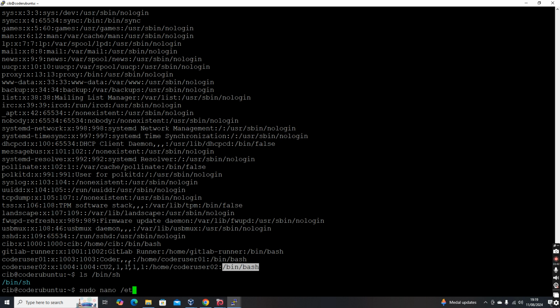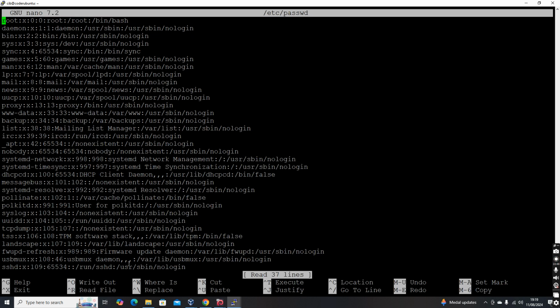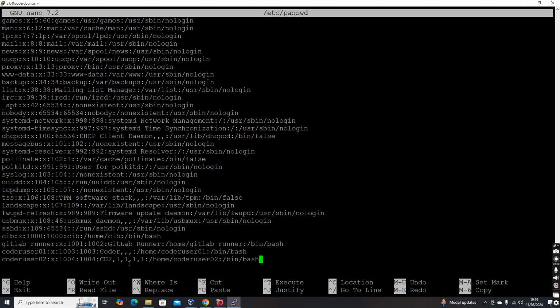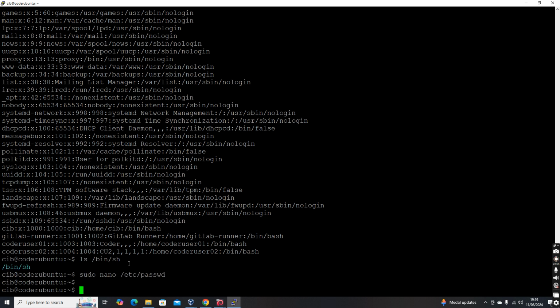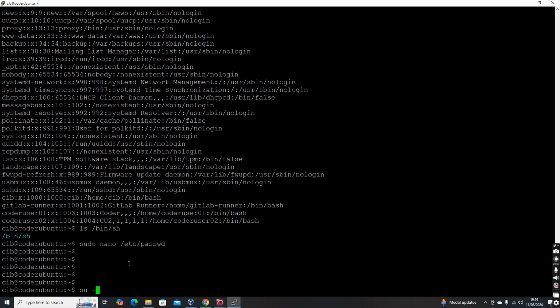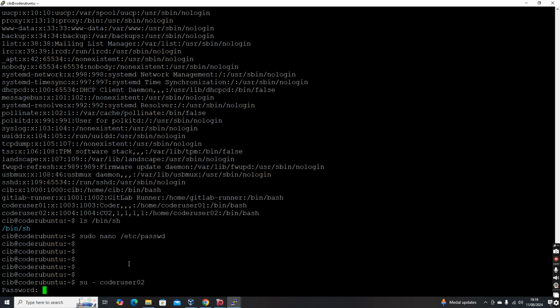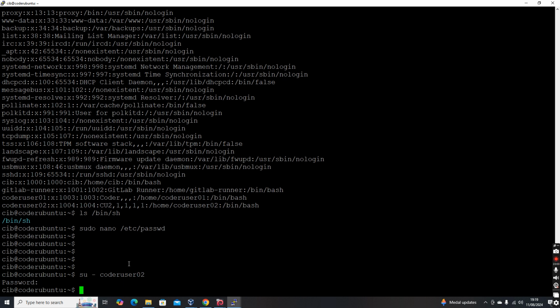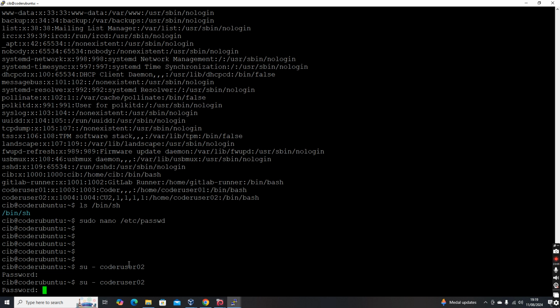Nano, vi, vim, there are several different file editors. In this file, let's modify coderuser02's shell from /bin/bash to /bin/sh. Now let's switch, su - coderuser02. Sorry, let's log in using the password itself.